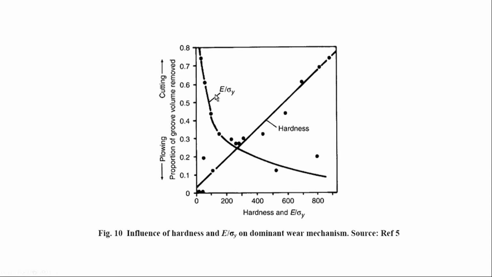typical surface energy, which we saw earlier, plays an important role in determining the coefficient of friction. So, as you go on reducing the E by C, that surface energy value, you will find that the coefficient of friction also reduces, and as a result you will find that the wear volume also increases.